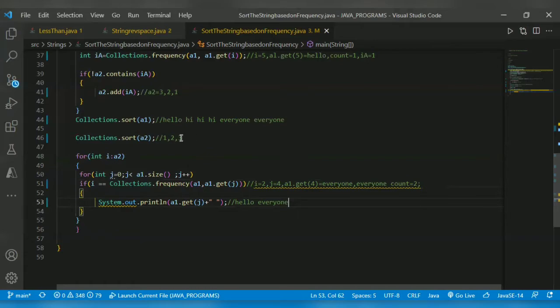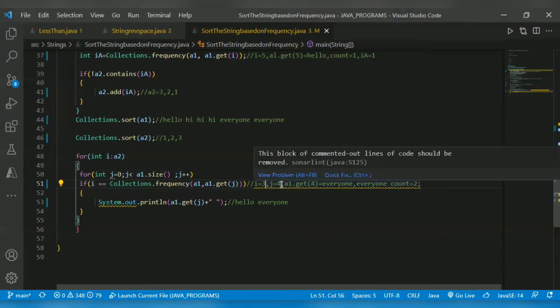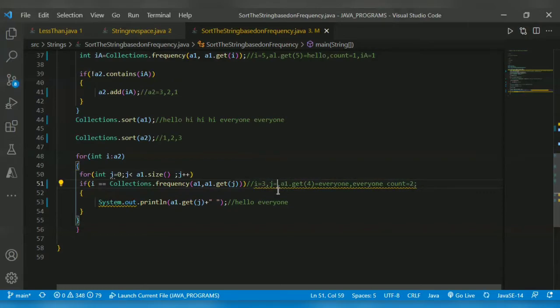Now i is equal to 3, which means j is equal to 1, 2, 3. It's hi. Hi count is 3, so it will print.